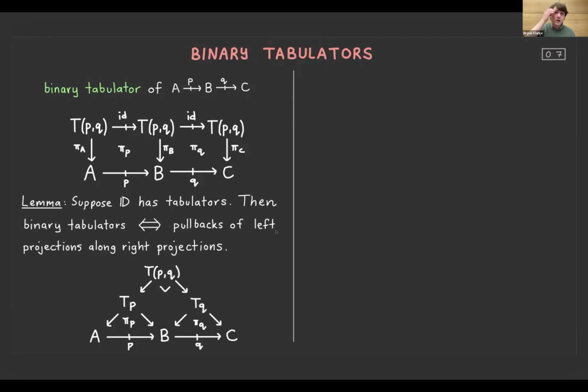Okay. And there's this little lemma that's pretty easy to prove, which is that if you are in a double category that has tabulators, then admitting binary tabulators is equivalent to asking that we have pullbacks of our left projections along our right projections. Okay, I haven't told you what those are, but